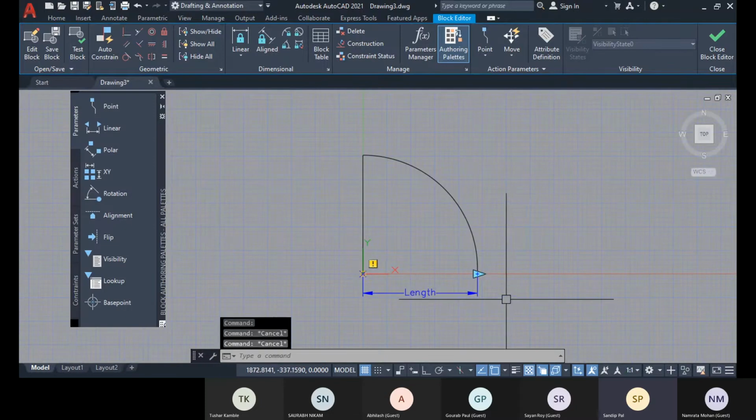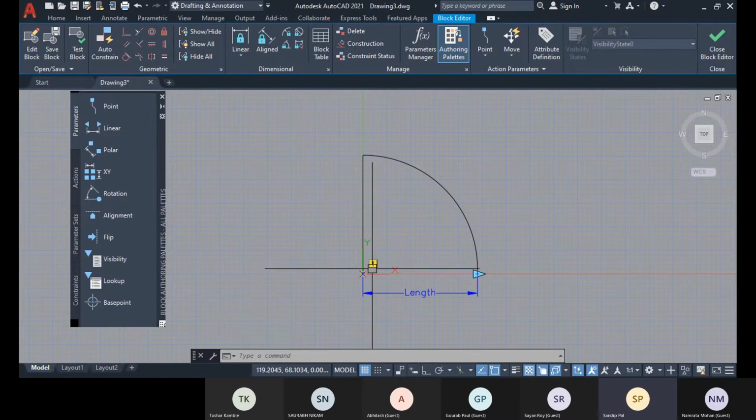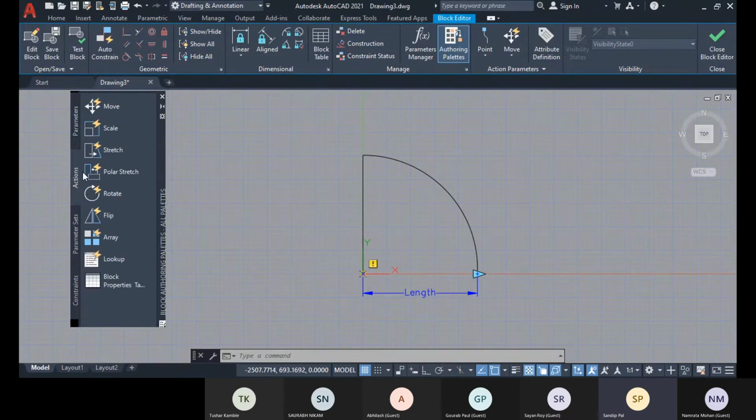Before that, let me specify. Here you can see this yellow exclamation symbol is there. So that means there is no action provided. Only this parameter is provided. So we have to specify action. We have some actions that will work according to this linear direction.